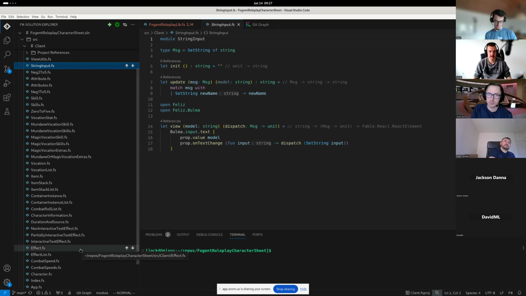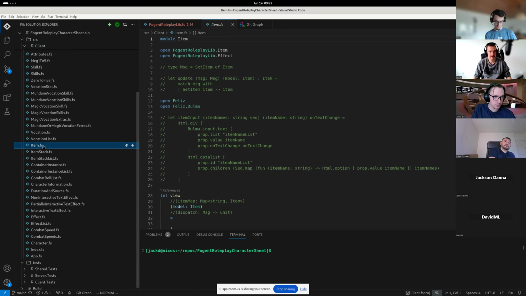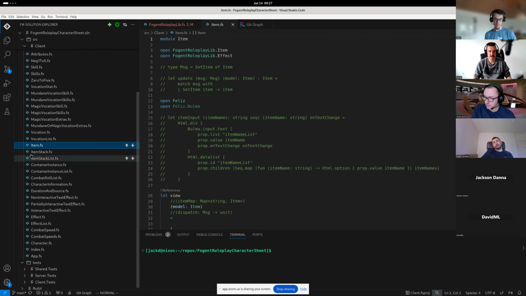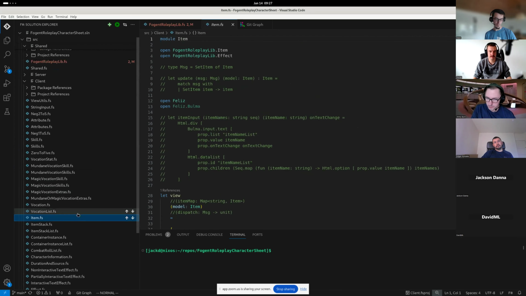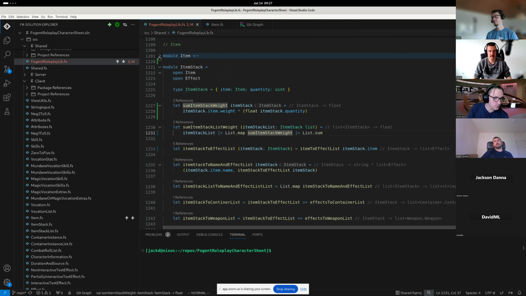One thing I've wished for, and I think I've used other editors that support this: for instance, I have this item component that I use for my little character sheet I'm building, and let's say I wanted to bring it up higher. I often reorganize this, even if it doesn't have an impact on the code. I like structuring things in a list, with things building off each other, similar to the structure of my big code base.